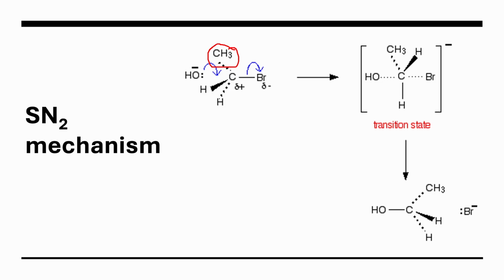That means that your nucleophile can attack the carbon from the backside, where it has the least amount of steric hindrance. So it's easier for this nucleophile here to attack your carbon from this position. This backside position is further away from your halogen. Your nucleophile will attack from this backside orientation due to low steric hindrance on this side,